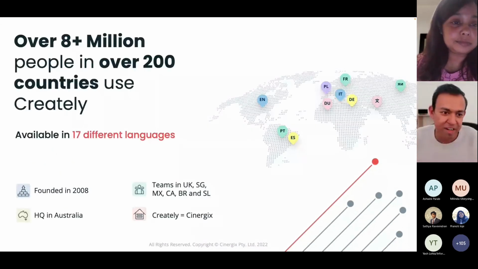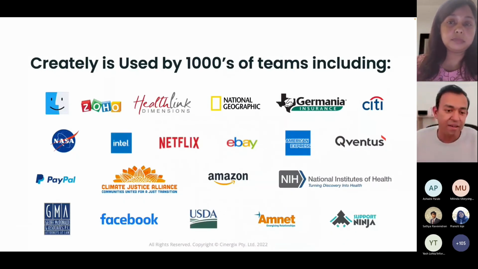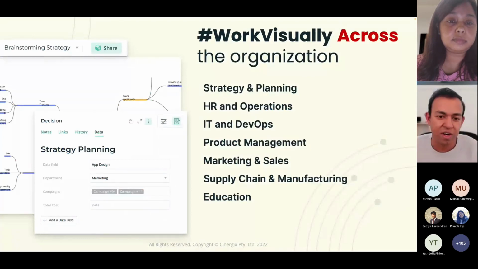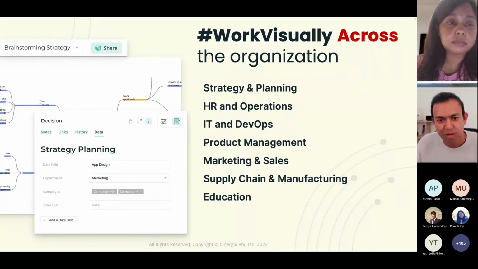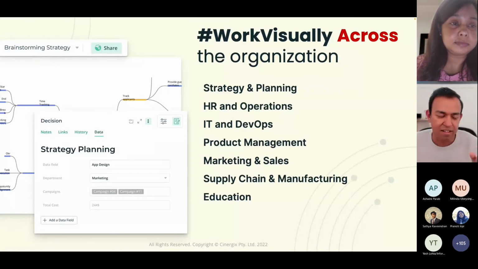So Creately has been right now, we're a fairly old company. We started in 2008. We have over 8 million people using the platform. Thousands of teams use Creately already. We started inside Microsoft Teams a couple of months ago, and the adoption has been great. People are starting to use it across the board inside the organization. It's really the horizontal use case that helps companies have this as a default app during your meetings and on channels.